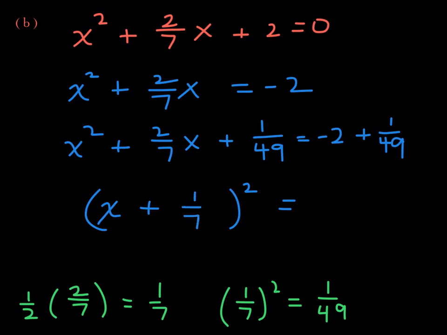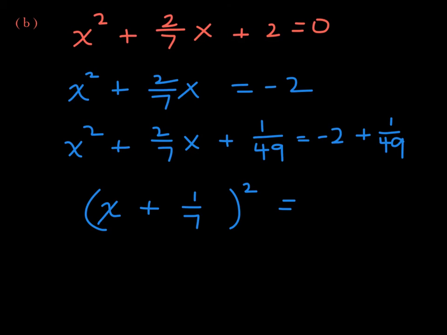Now, as far as this right side, you need to rewrite -2 as a fraction whose denominator is 49. Let me see if I can show that down here for you. -2 is -2 over 1. And I need this to be rewritten as a fraction whose denominator is 49. The reason why is because I want to add these two fractions, but I can't unless they have common denominators. So the question then is, what do you multiply the numerator and the denominator by in order to get